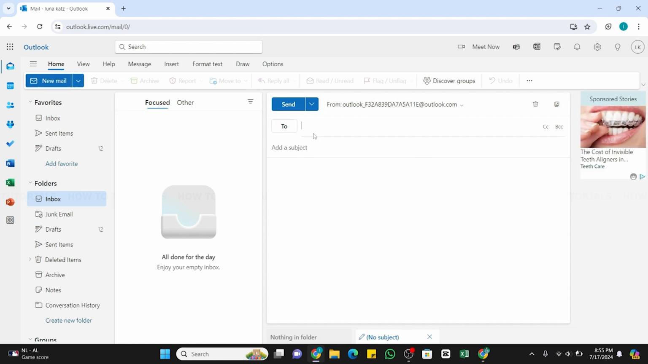Here click on this to section and enter the name of the person whom you want to send the GIF. Once you have entered the email address of that person, now you can add a subject to it. And after adding a subject, click on this large box at the bottom and now click on this insert option